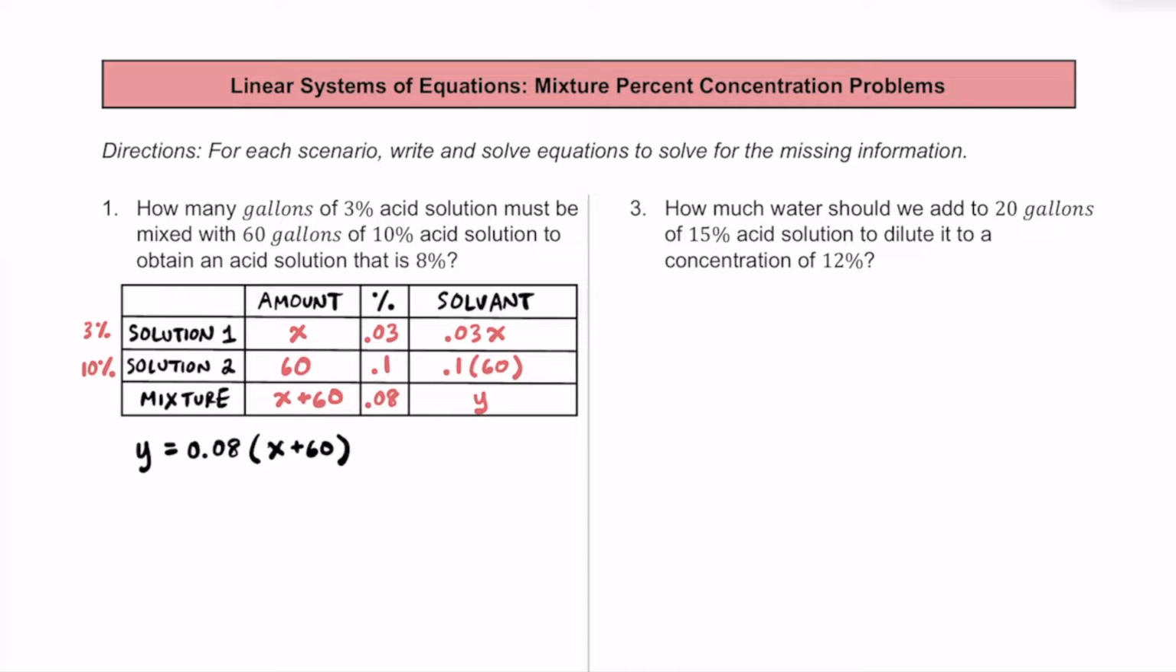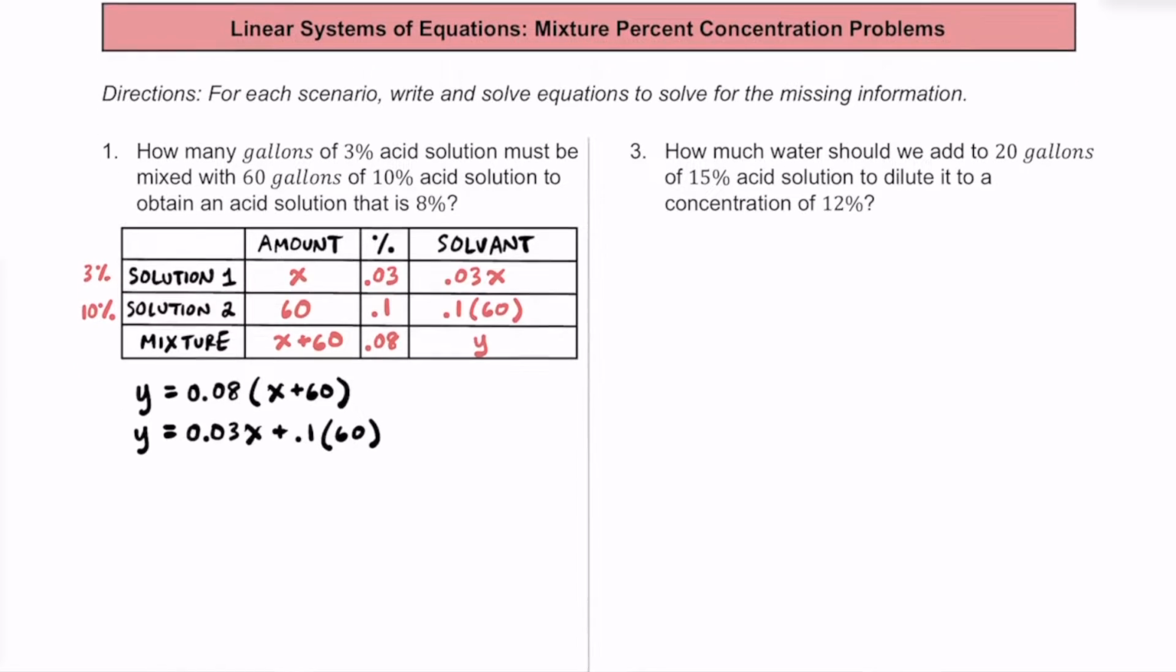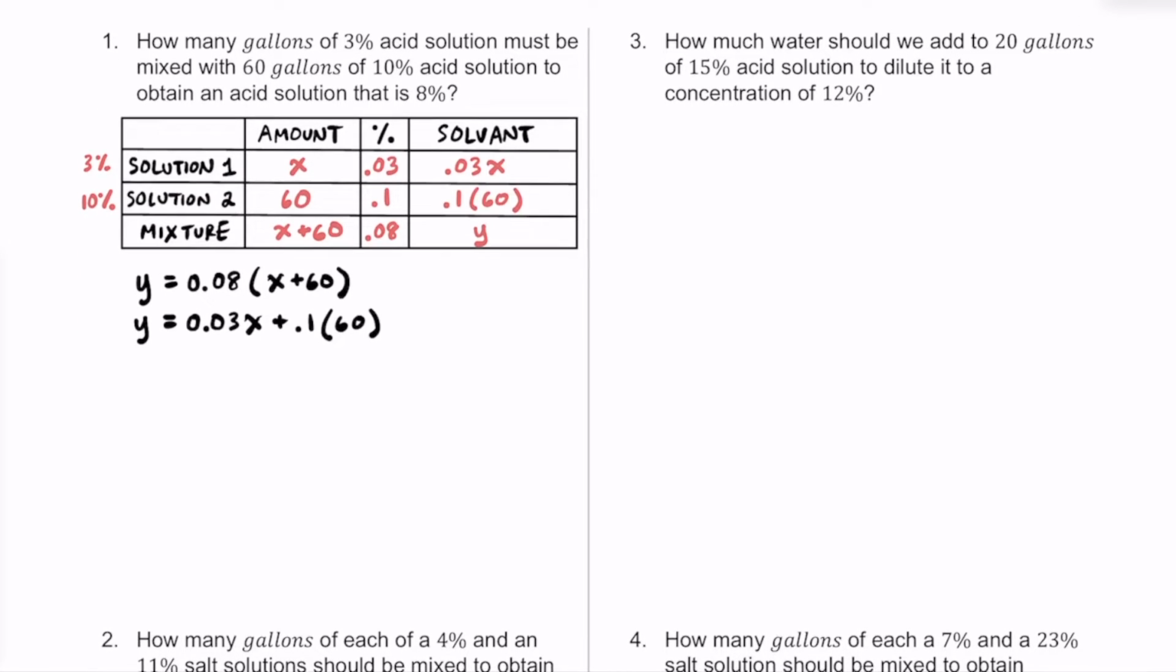So we can set up another equation here and say that y is going to be equal to 0.03x, which is going to be representing the amount of solvent in the first one, plus the 0.1 or 10% of that 60 gallons, that's the amount of solvent in the second solution. And so we can write this equation as well. All right, so now that we have a system of linear equations, I think we're going to use substitution here,